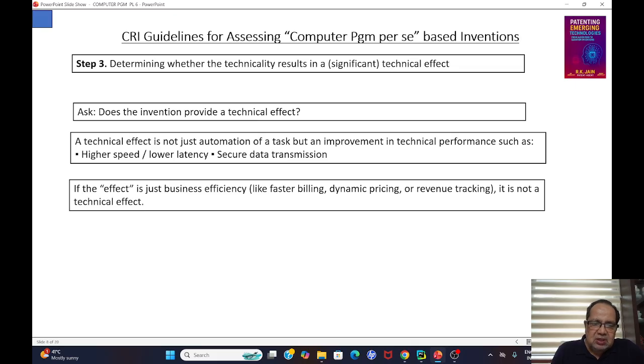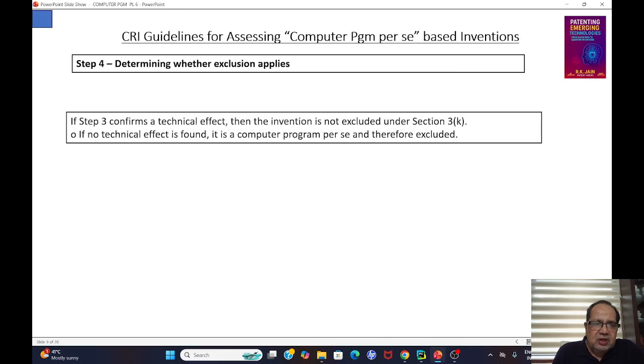Alternatively, if there is no technical effect and the plain effect is just increasing business efficiency, like resulting in faster billing, then obviously it would not fall under the category of patentability, as there won't be any tangible technical effect, right? And so finally, with these 3 things: technical problem, technical solution, the technical means resulting in